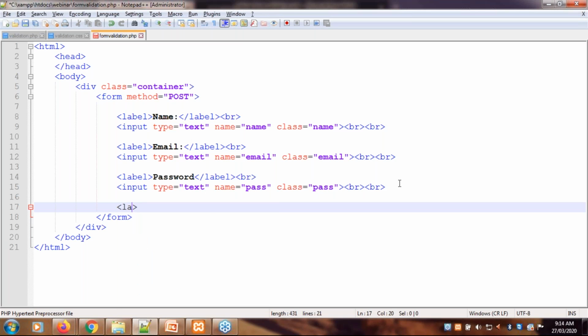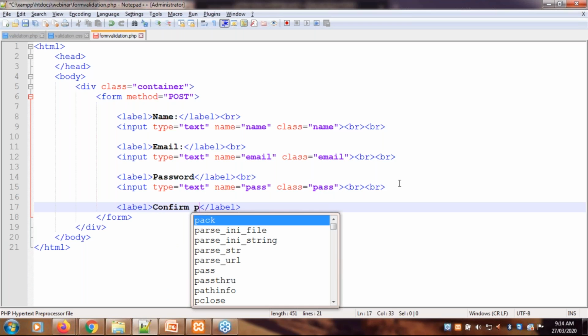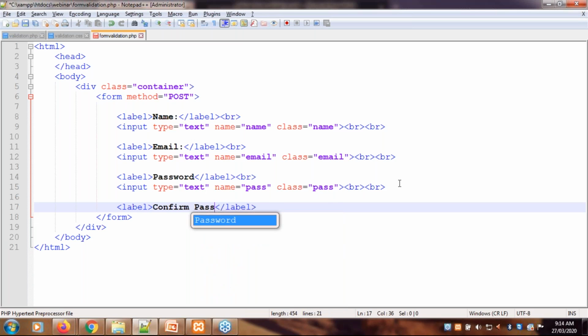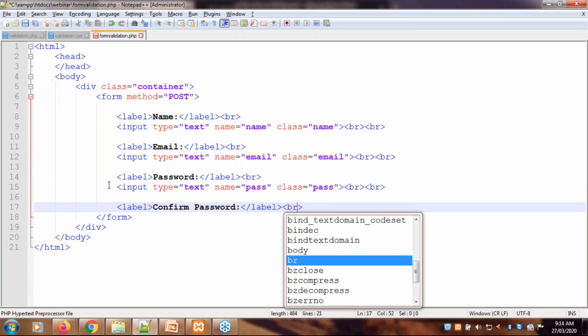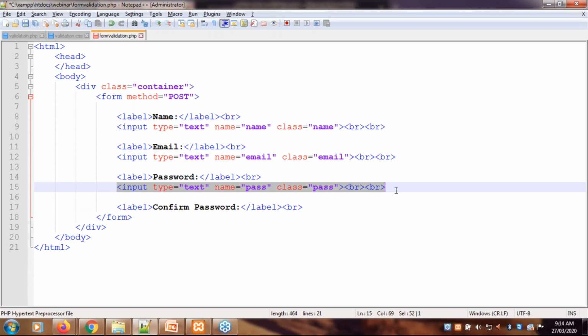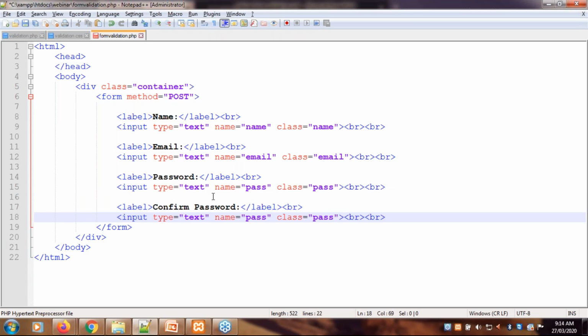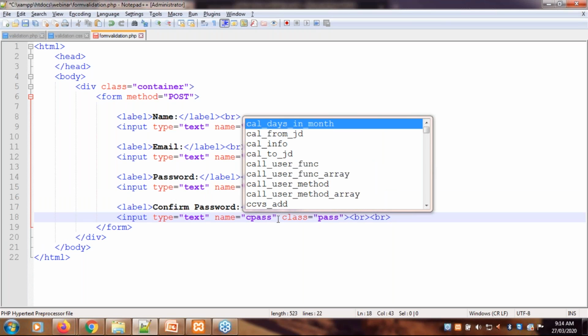Next I am using confirm password. Same way, we are using input type equals to text.